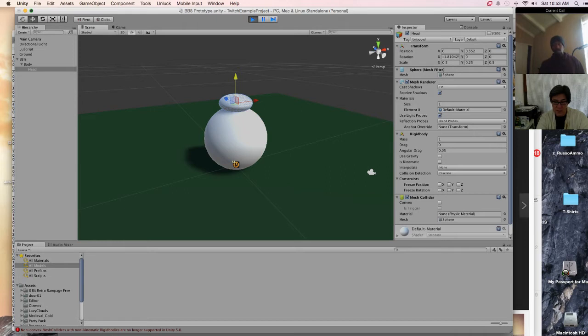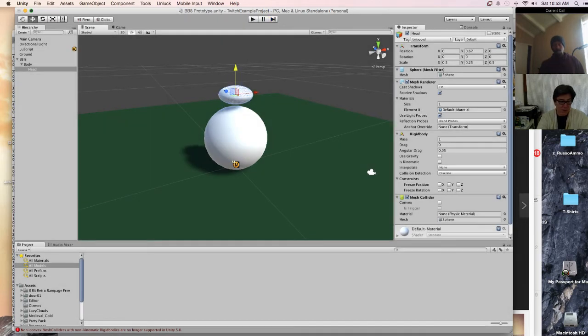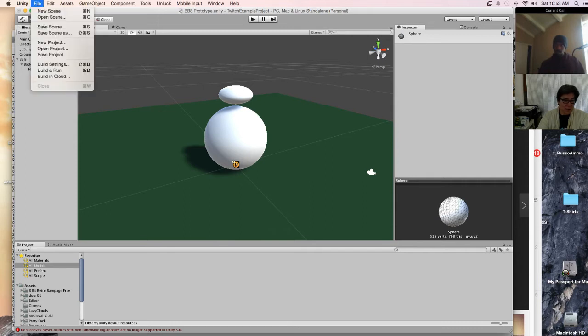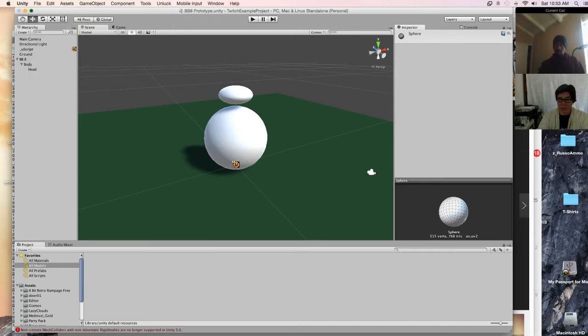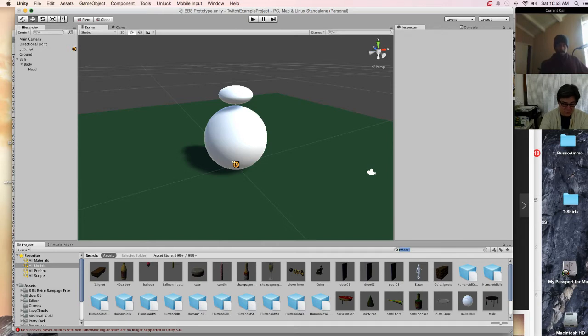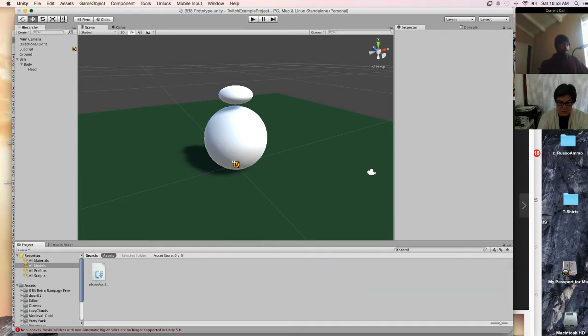So instead of a mesh collider, since I can't really fiddle around with that mesh, what I was trying to do is find the sphere, right, where it is, and then save this object as something else. So basically duplicate it. But since I'm not sure how to touch this thing in my assets, let's go to all models. Sphere. It's not gonna do it. Yeah, so I can't even get to it to do that, right?